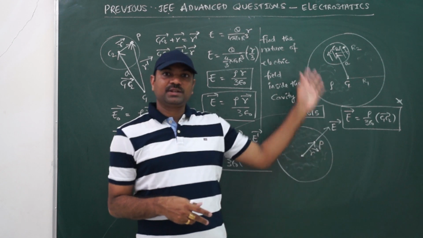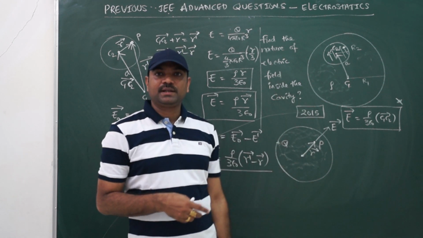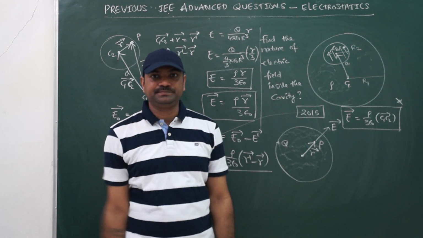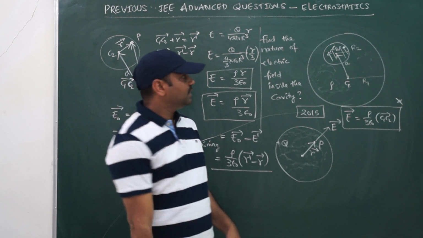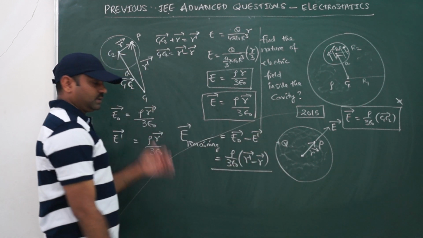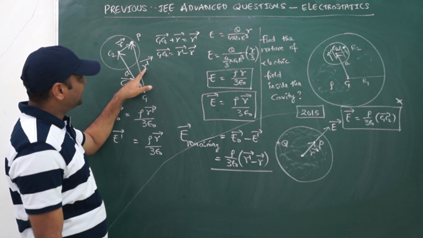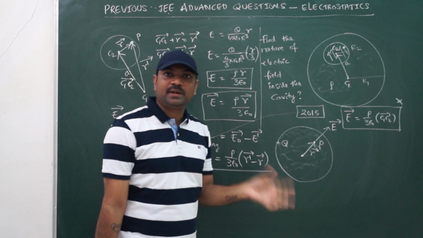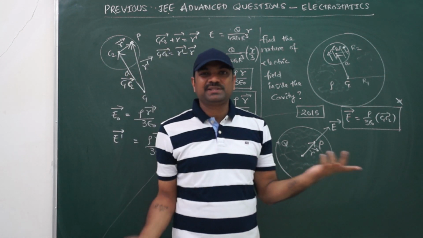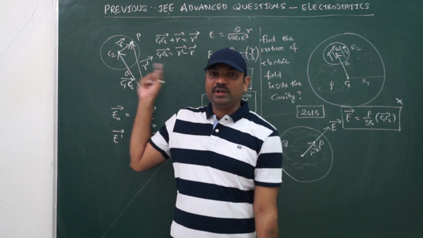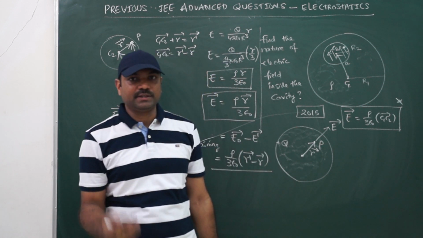Whatever be the direction you are getting from C1 to C2, in that line only you will get the field direction also. Both of them will be the same. At the same time, extending that part, field is independent of R bar, and independent of R dash bar also. It does not depend on what point you are taking. Obviously, as it is uniform, you take any point inside the cavity, you will get the same result.